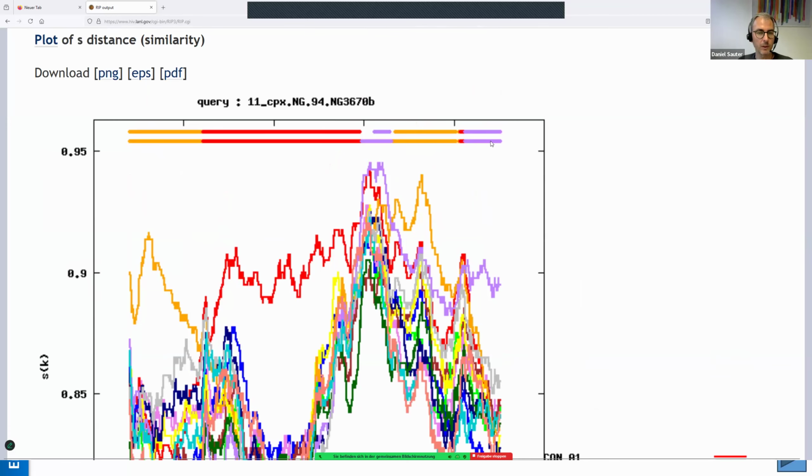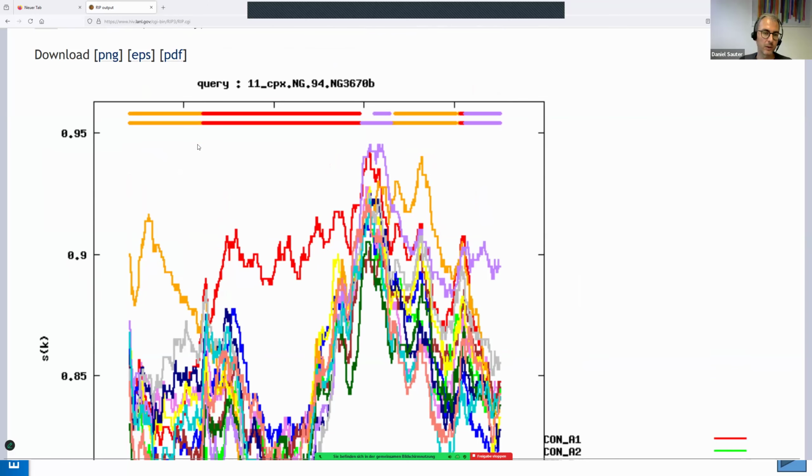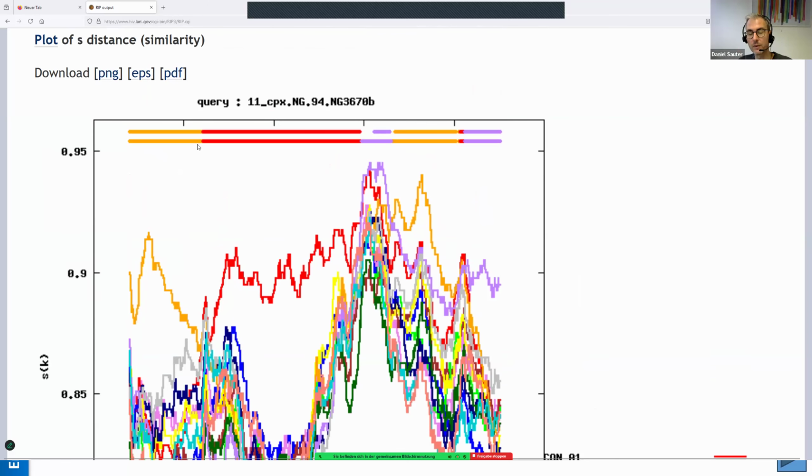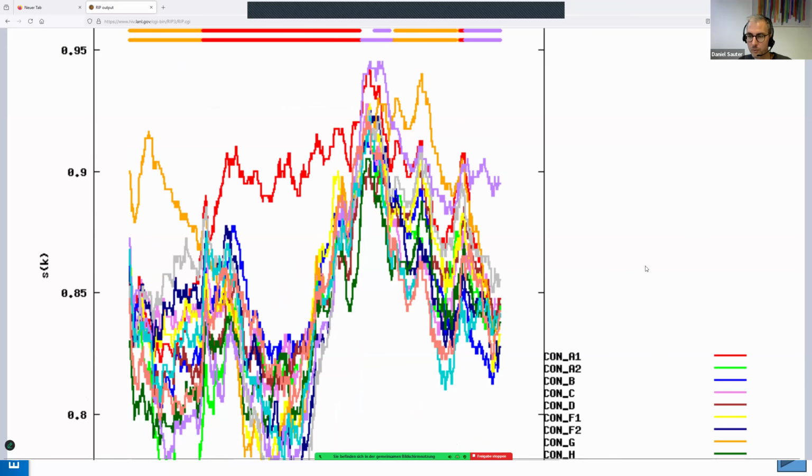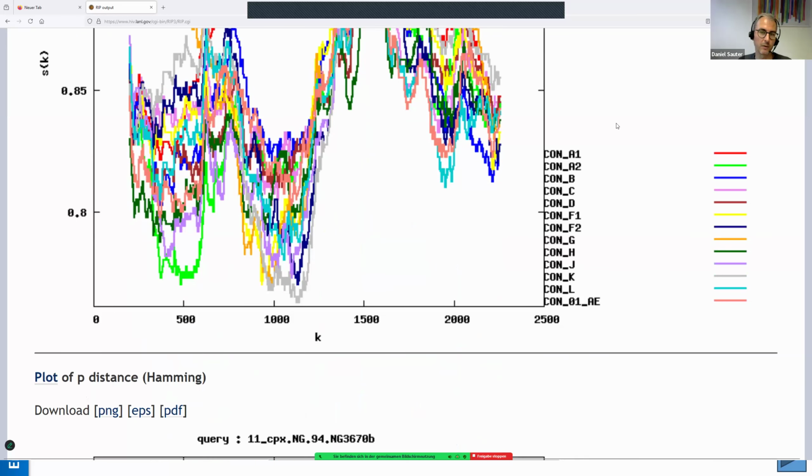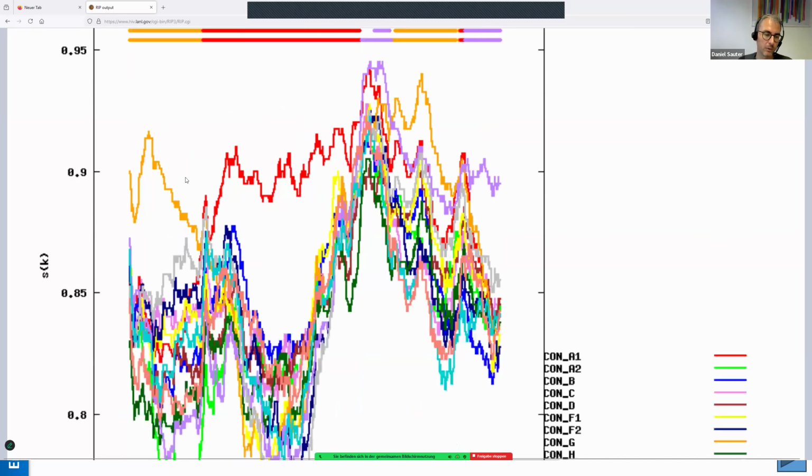And then there are even more breakpoints that have been identified by the sliding window analysis. So the bottom line, or the conclusion here, would be that the virus sequence that we put in is not a pure clade, but really a recombinant that is derived from clade G and A1, and also fragments of the purple one, which would be J. So there have been multiple recombination events that resulted in this new chimeric virus.